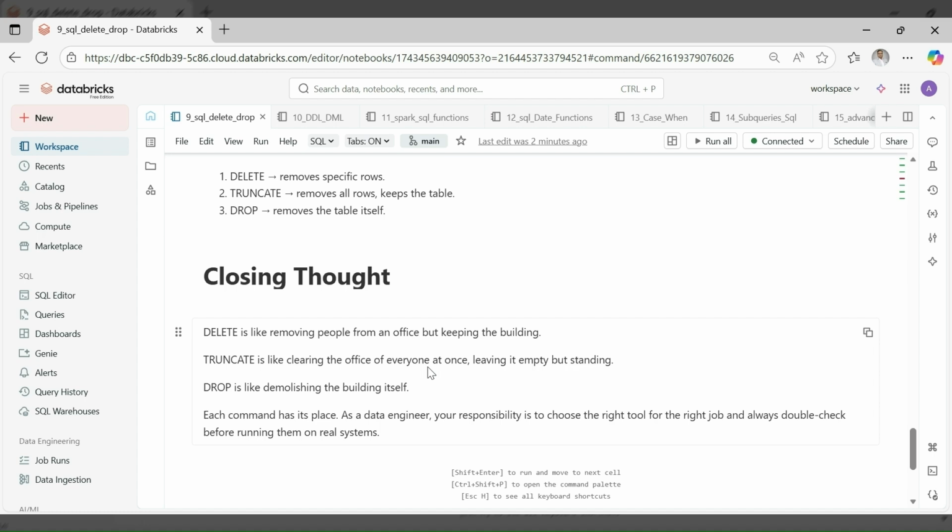One of the suggestions which I always give to my team and everyone is, whenever you are doing a delete, in the end you should put a where condition unless you are sure that you just want to